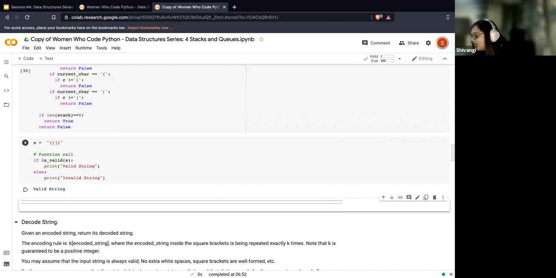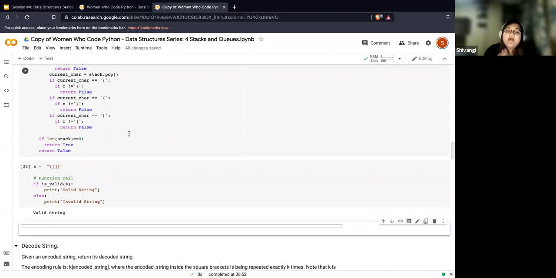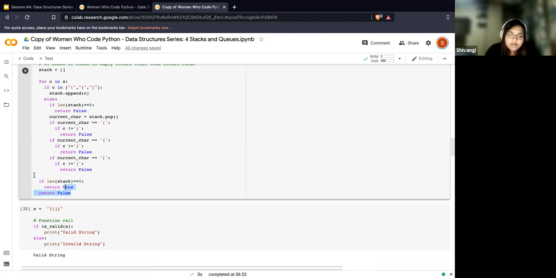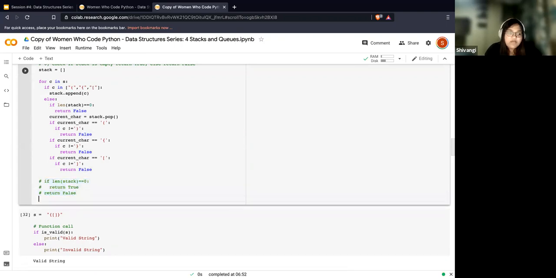Yeah, you can use that. I had used it in my original solution, which I'll share with you guys if you want. But I didn't use it over here because some people might not understand that. That's why I did not use it. You can definitely use if not stack. How would things look if I had to do that? This condition would look slightly different, right? I'll just take one example here.